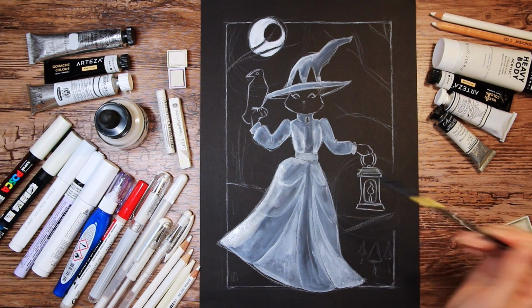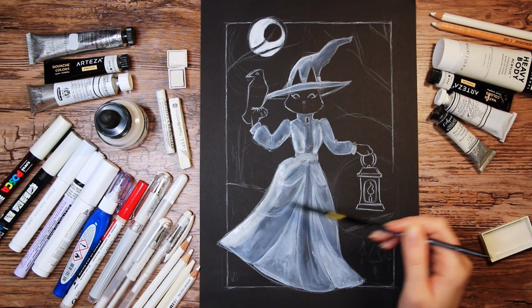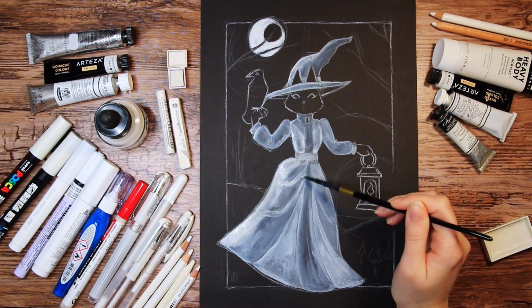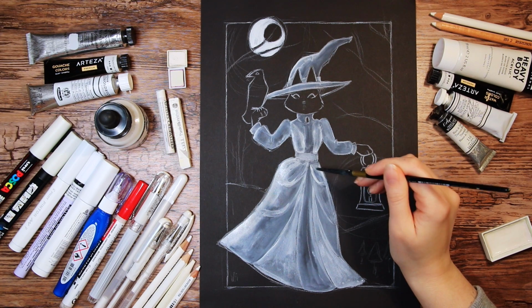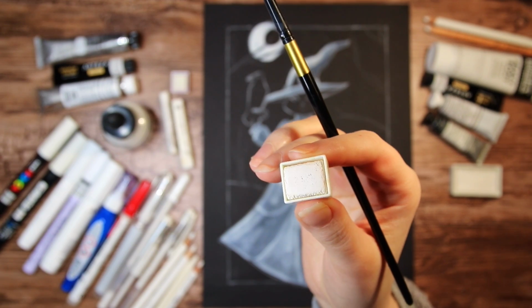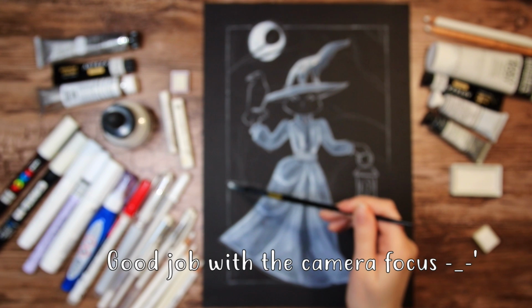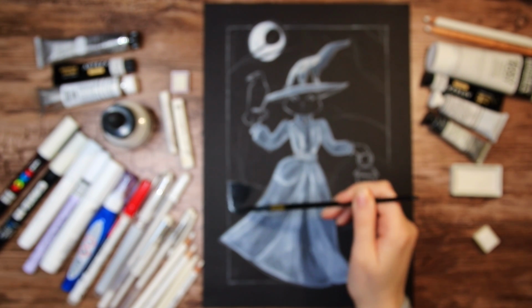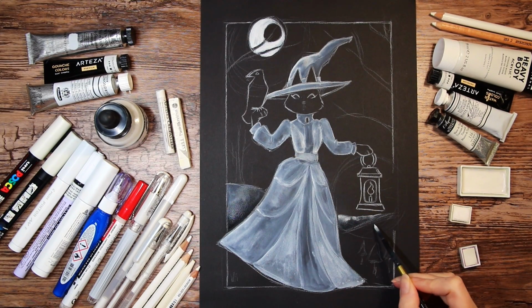Since I'm using a white pencil to draw the lines with, I automatically want to draw the shadows with that pencil too. Like inside her hat, for example, the part closest to her head should be darker, but I went in with the white to shade, which I would have done normally if I was drawing on white paper with a dark pencil. Then I would make the shading with the pencil,